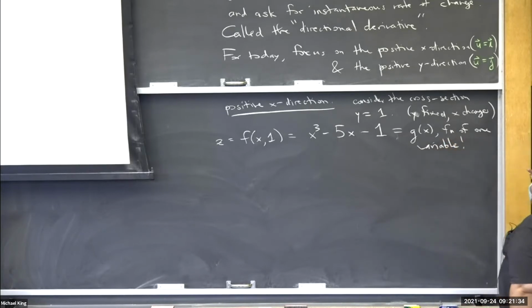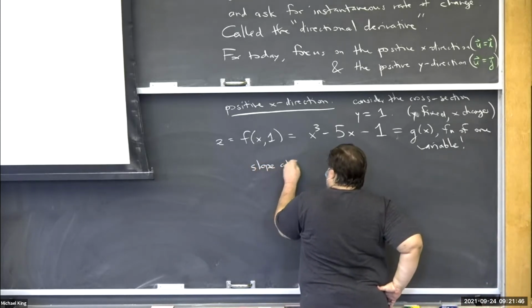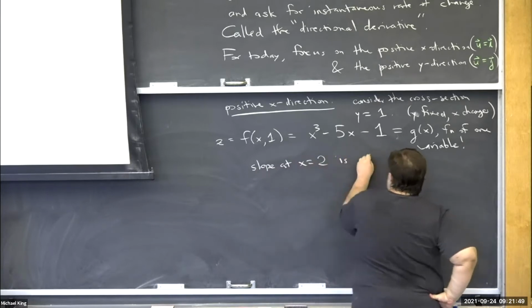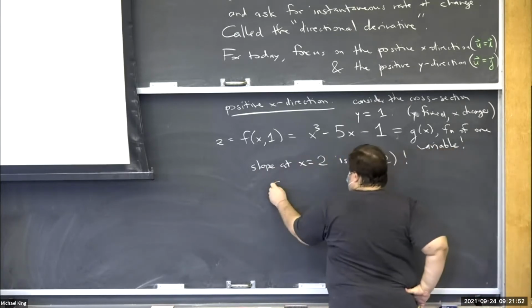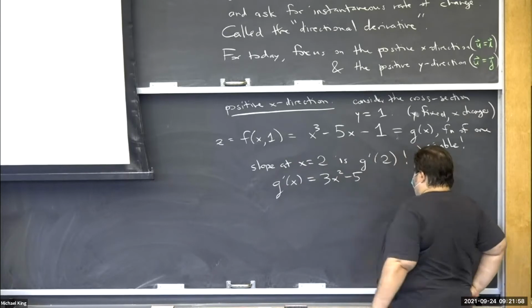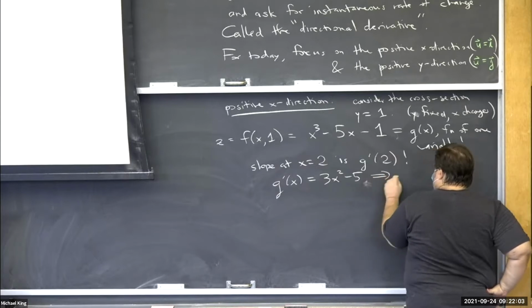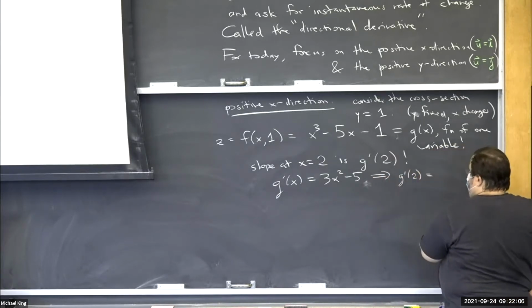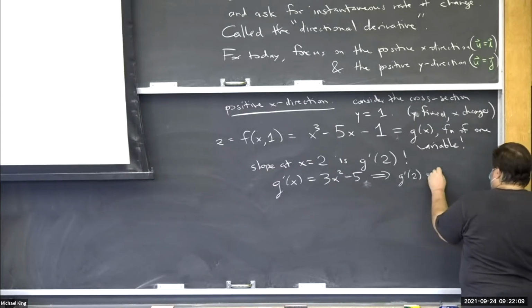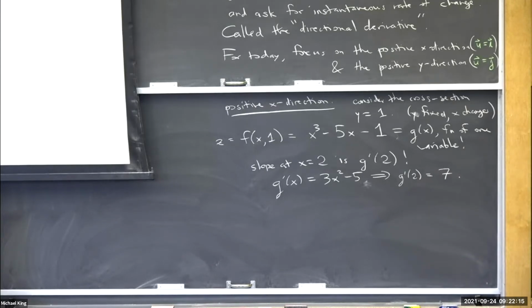So what's the slope at x equals 2? What do we compute? The derivative, right? So the slope at x equals 2 is g prime of 2. And we can find g prime of x here. I think it's 3x squared minus 5. And so then g prime of 2 is 3 times 4, 12 minus 5, which is 7. And so that's actually the slope